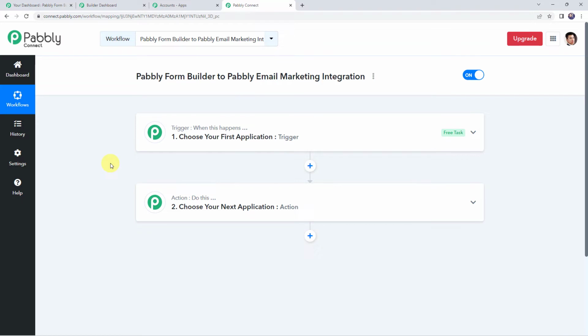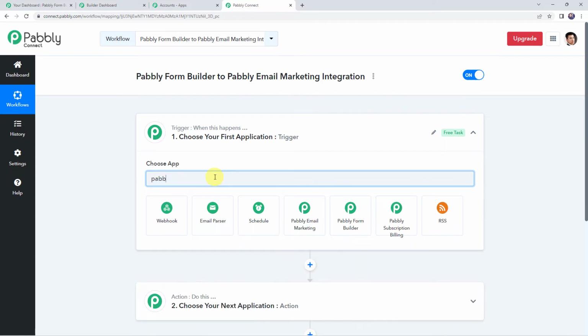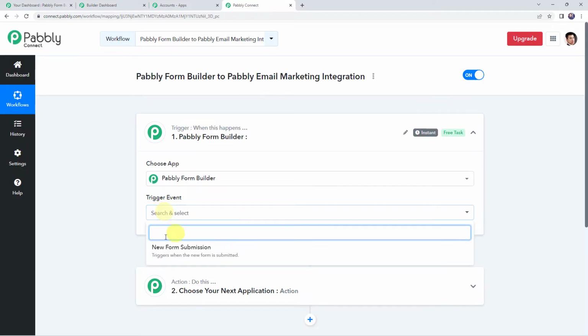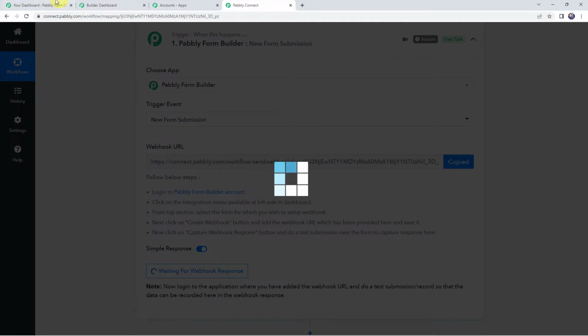So now let's integrate Pabbly Form Builder with Pabbly Connect first. So let's open this trigger window and here choose the application name as Pabbly Form Builder. Select the trigger event as new form submission. Now here we can see a webhook URL and some instructions. So by following these instructions, you can set up the webhook in your Pabbly Form Builder specific form. So I'm just going to copy this webhook URL from here and I'll just take you to my Pabbly Form